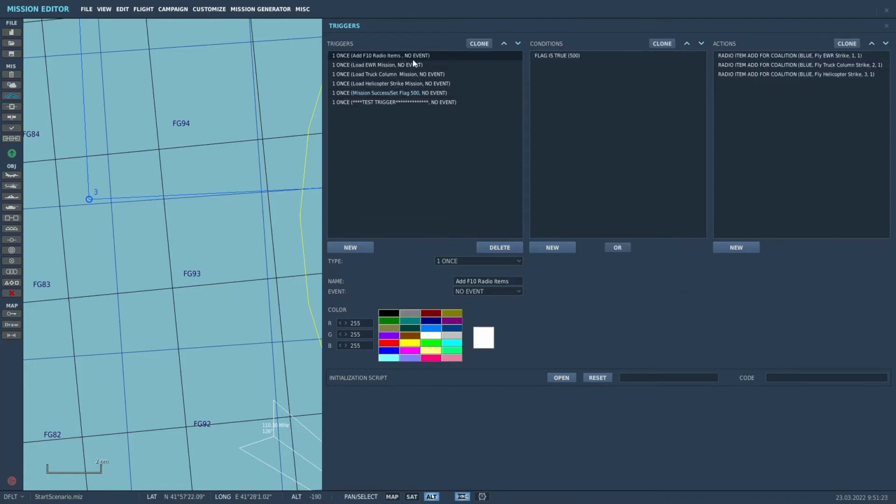All right. So we've added our F10 items. Now we need to put what happens when those flags that the radio items set are true or on. So for the first mission that we might want to load, the load EWR mission, again I labeled it load EWR mission, if the first flag is true, number 1,